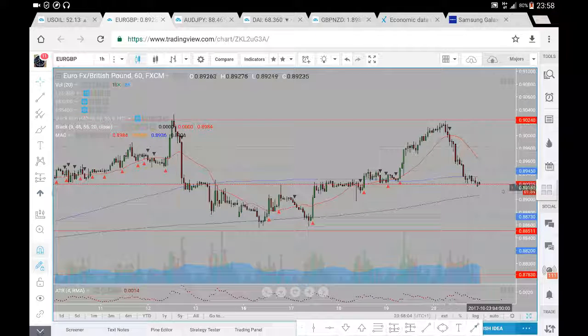But currently momentum seems to be to the downside, and the next major level is at 88.51. So that should wrap up the